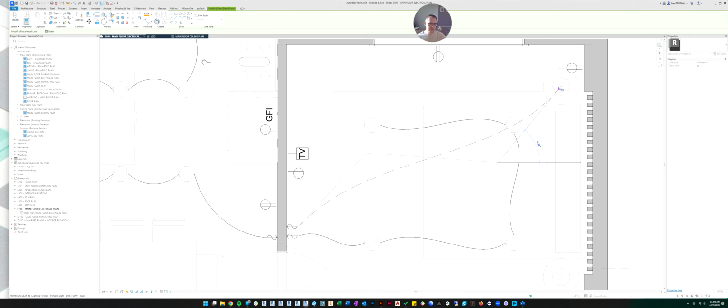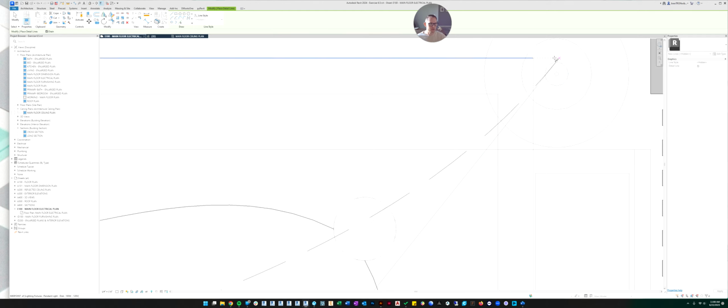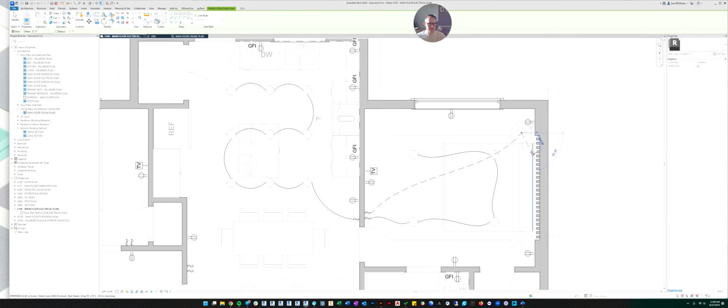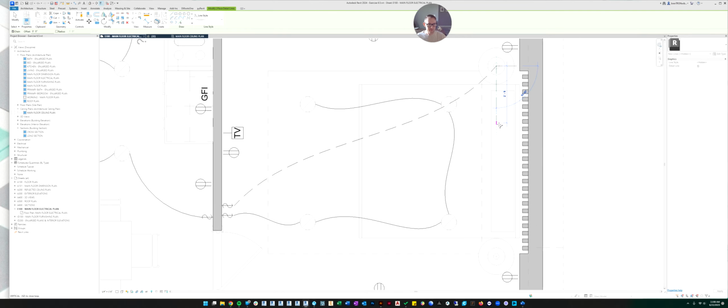Let's go to the center. Here's another opportunity to snap. See how it's picking a lot of different snaps. There's the perpendicular snap, there's the tangent snap, but I want to snap to the center. So the shortcut for snap to center is SC. Now if I hover over any curve, it automatically takes me to the center of that curve. So I can click here, and then I'll hit enter, and now my spline is at the center of that light.